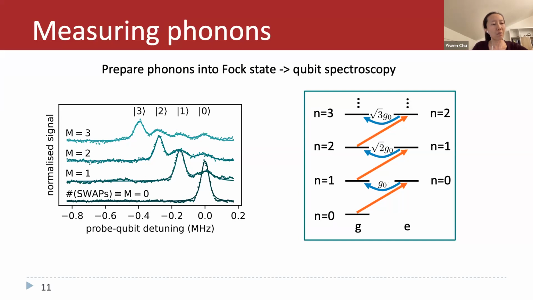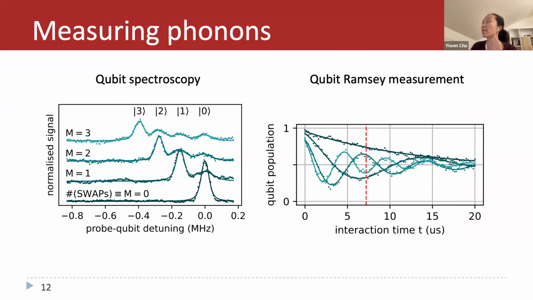All right, so this is measuring essentially the qubit frequency in spectroscopy, but as you might know, if you can do this measurement in the frequency domain, you can also do it in the time domain by using, for example, a Ramsey spectroscopy sequence, and that is exactly what we do. And the colors here correspond to the same situations as in the frequency domain measurements. If we set 0 detuning to be the original frequency of the qubit, you see that when there's 0 phonons, there's just a decay. And as you increase the number of phonons and therefore the detuning of the qubit, you get faster and faster